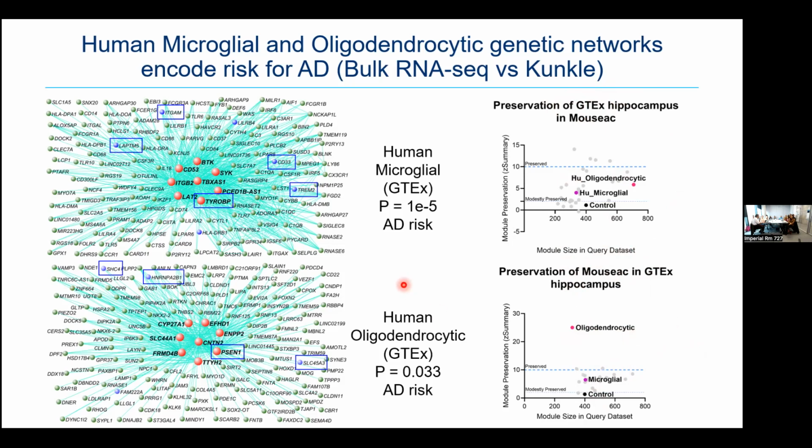I'm not going to talk about this too much, but we looked at the components of these age-dependent networks that were unique to humans or to mice, and then we did biological annotations of those to try and get an insight into what was human-specific in terms of the microglial age response and what was specific to mice. It seems like the collection of genes which are upregulated only in humans with aging in the microglia are involved more in recruitment of other immune cells, and more specifically T cells. So it's suggesting that there's an interaction between microglia and T cells in the aging brain,